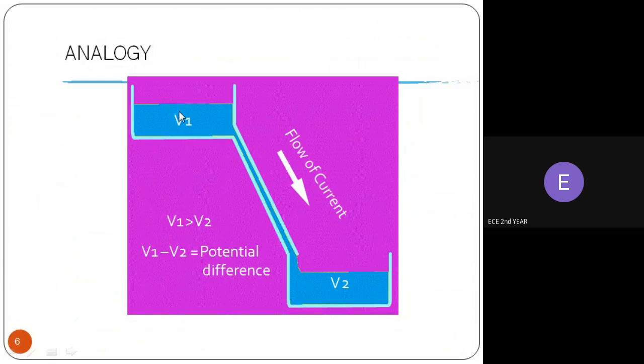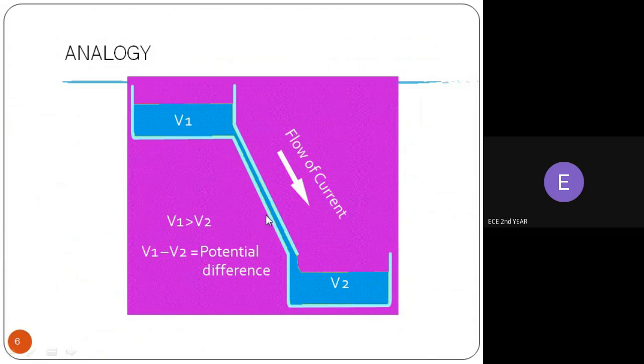So automatically the charges flow from the point V1 to V2. So the current flow can happen from V1